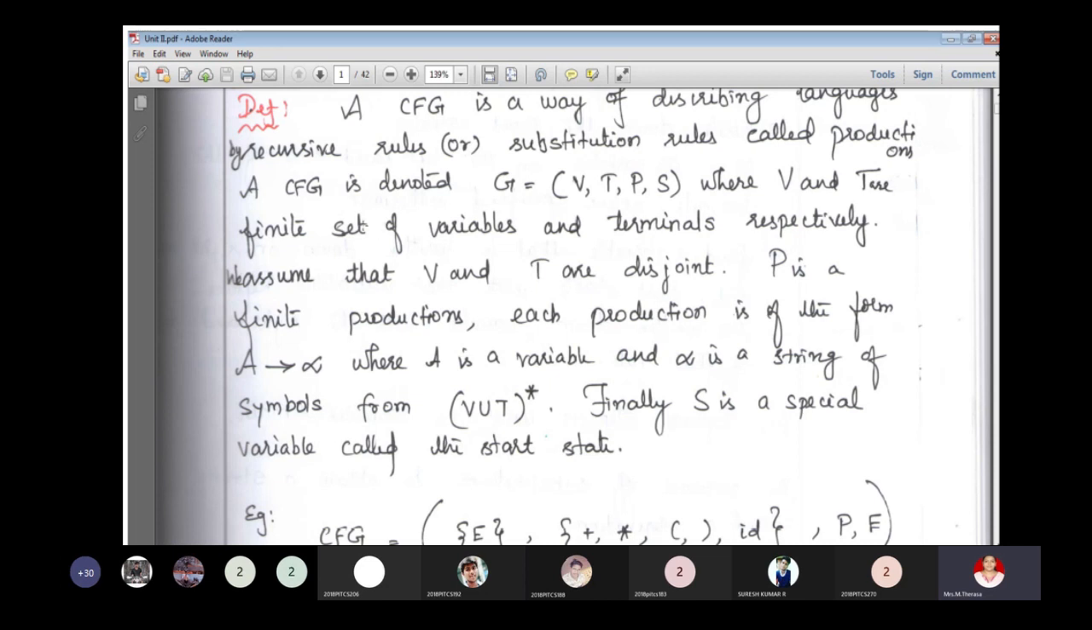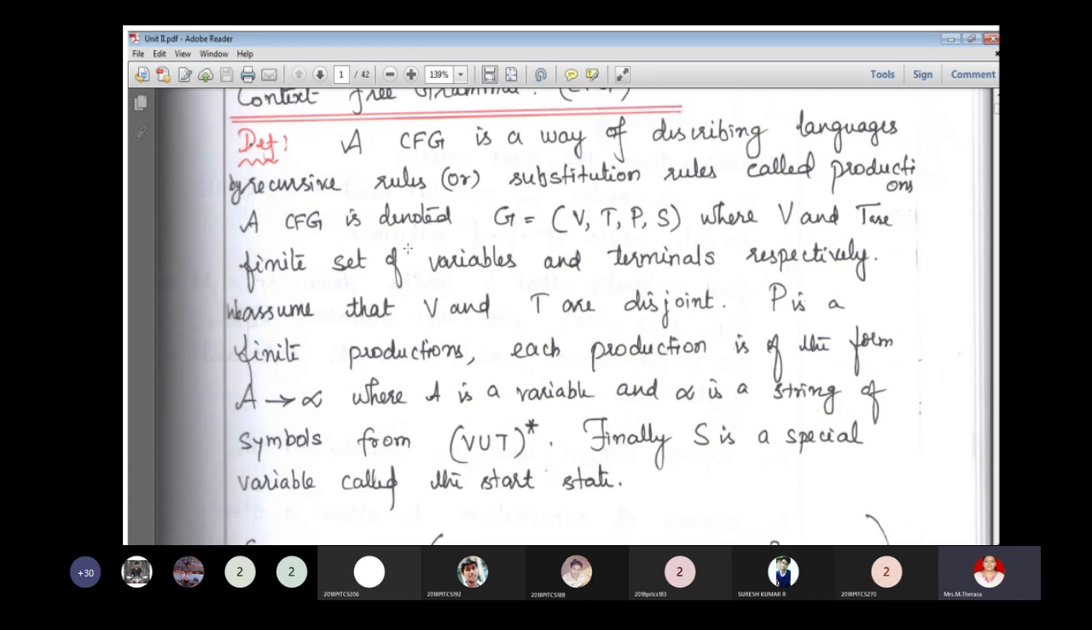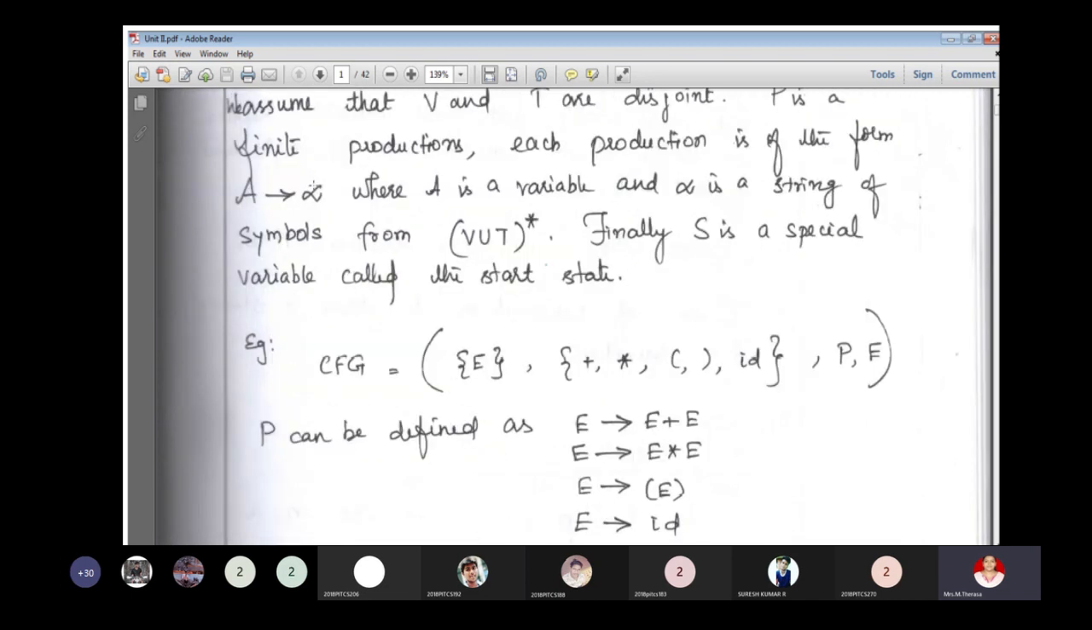I'll repeat. The context-free grammar is a way of describing a language by recursive rules, where we can represent the context-free grammar with the four tuples V, T, P, S, where V is the set of variables, T is the set of terminals, and P is the set of production rules. Clear? Okay, we'll see one example. So here we have a context-free grammar with the four tuples